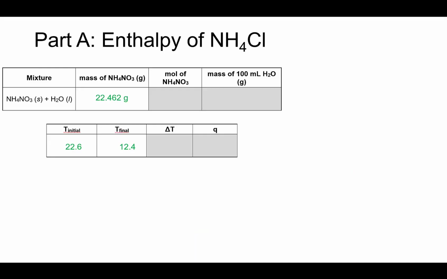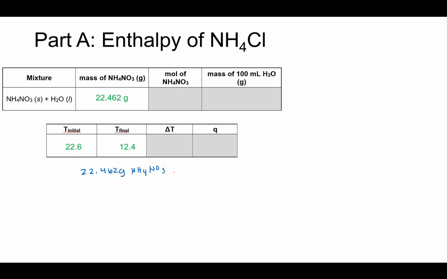Alright, so here's some data that I recorded, and your data is going to look different than what I have here. These are just made up numbers, but I'm going to show you the calculations and how to do them. So the first one was the mass that you recorded of ammonium nitrate before you started the experiment, and we need to convert that to moles. So that's that first box there. So that's 22.462 grams of